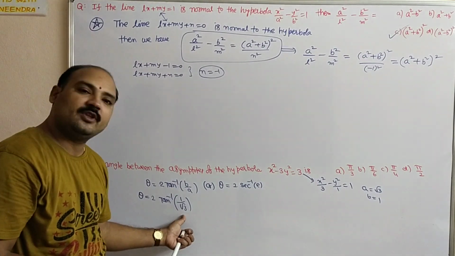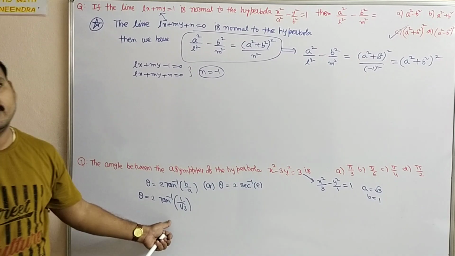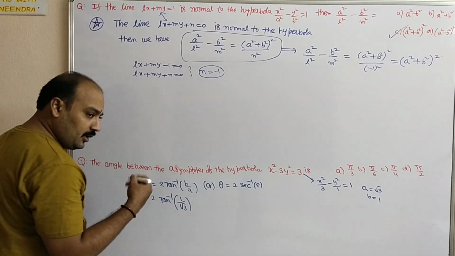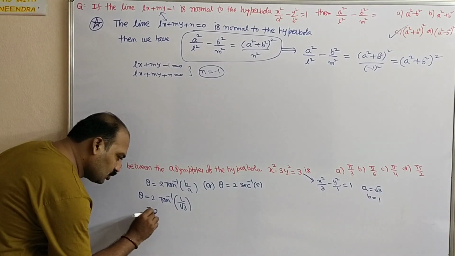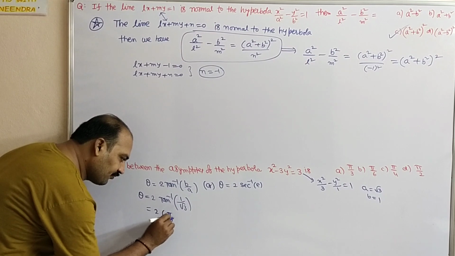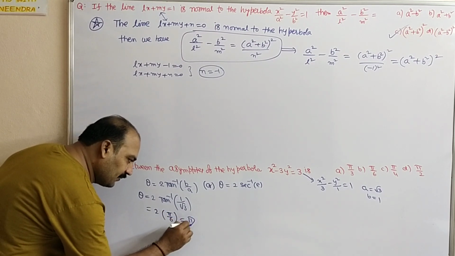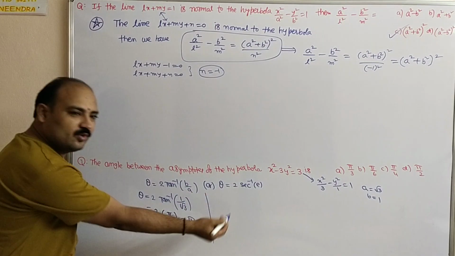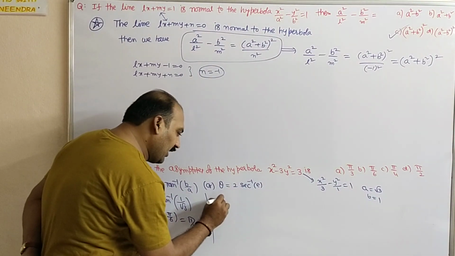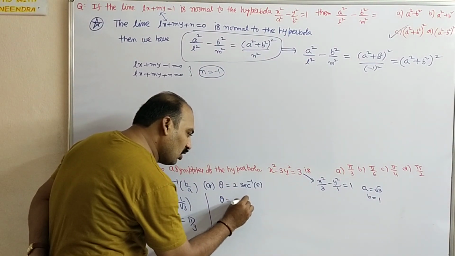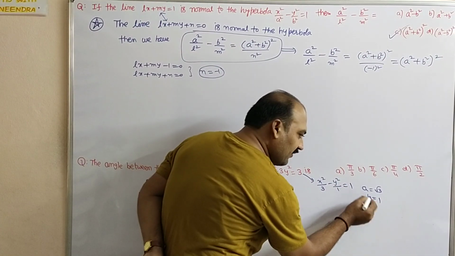1 by root 3, in terms of, so 30 degrees. It means pi by 6, so 2 into pi by 6, which is equal to pi by 3. Or in this way we can see, once theta equals 2 into secant inverse of a value, b value,